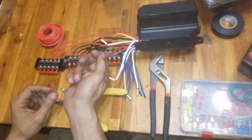That didn't go well. Clamp things, because my wire isn't quite,